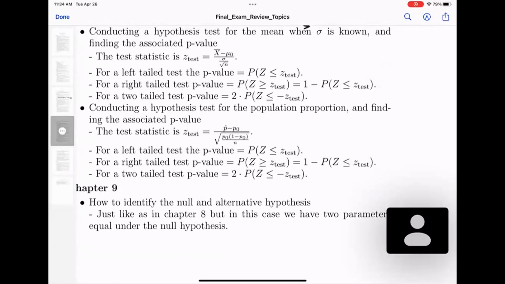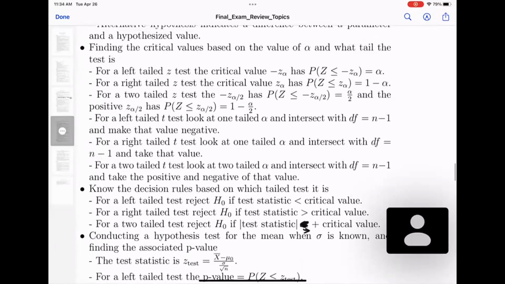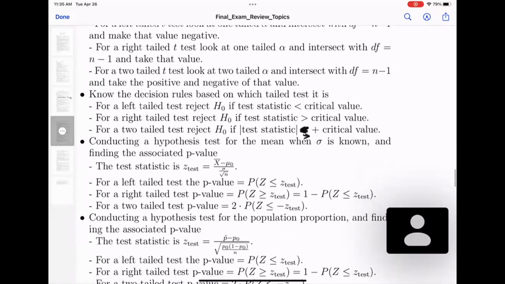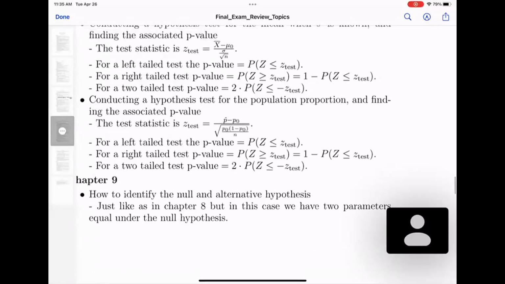No, I did not. Also know how to conduct a hypothesis test for the mean when sigma is not known. So that's just a t-test, right? So you should be able to find the critical values based on, where is it? This part right here, you can find the critical values. Then you use the decision rule from this part, and then once you calculate the t-test statistic, which is, I